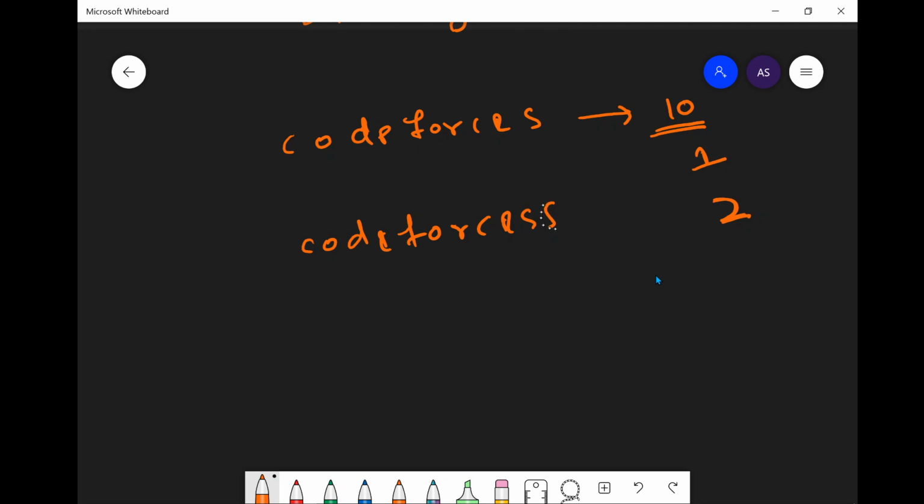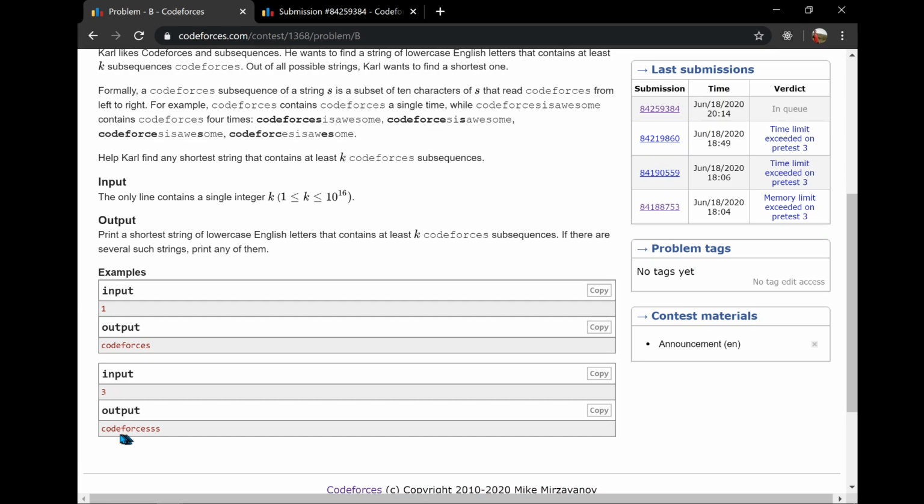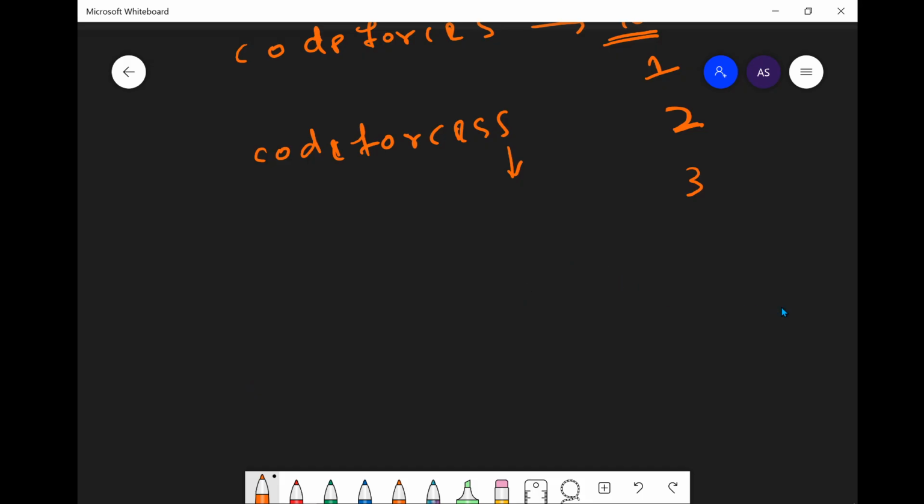After this point, there is a very important thing to know. If we take n as 3, as given in the sample input, the output is this, but the other way of thinking is that instead of adding one more copy here, why shouldn't we add a C here, or an S here? This will also give the same result. But we can do even better than that, let's see how.